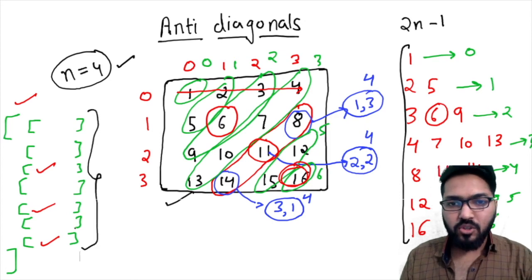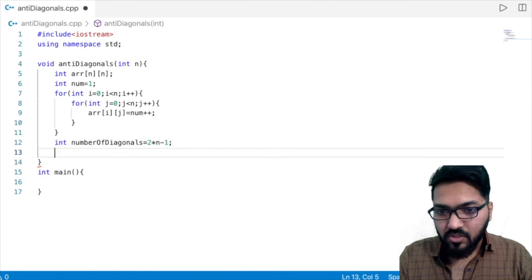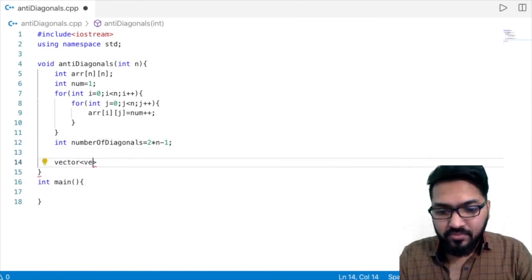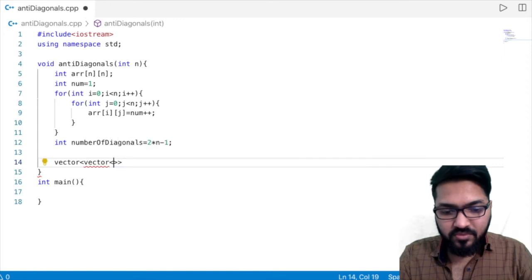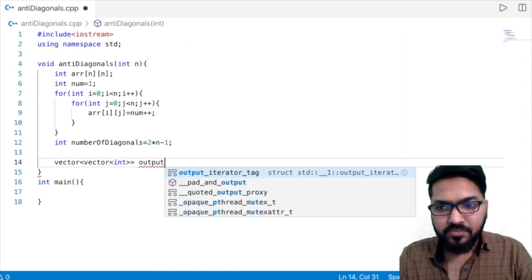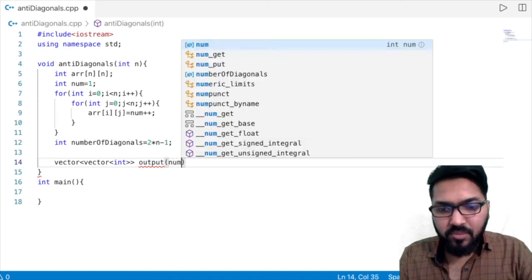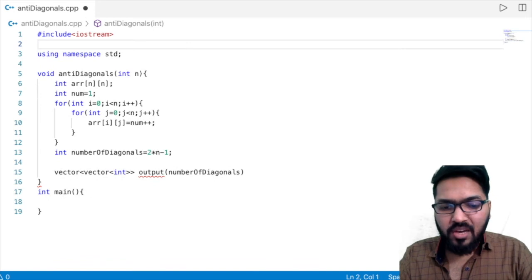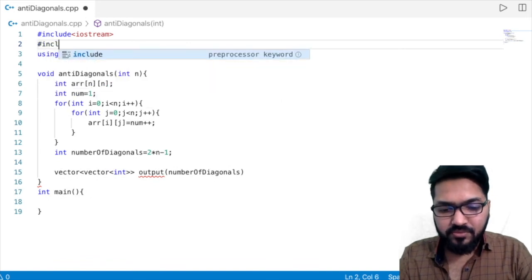So we can create a 2D vector now. Let's say we name it output, number of diagonals. And we will also have to include vector over here.